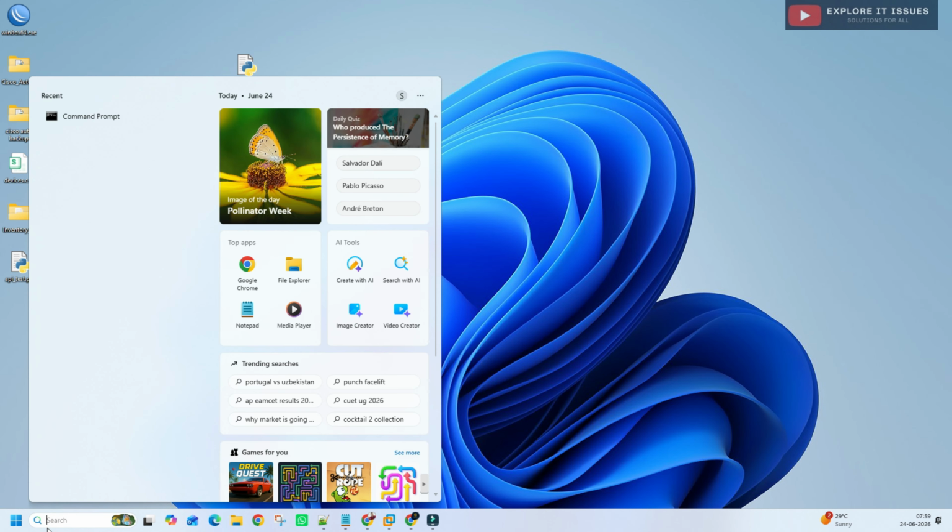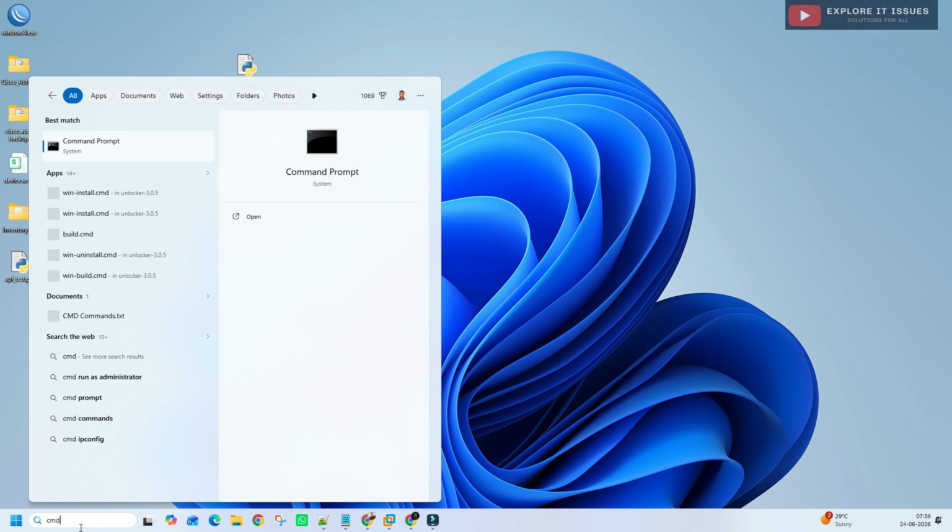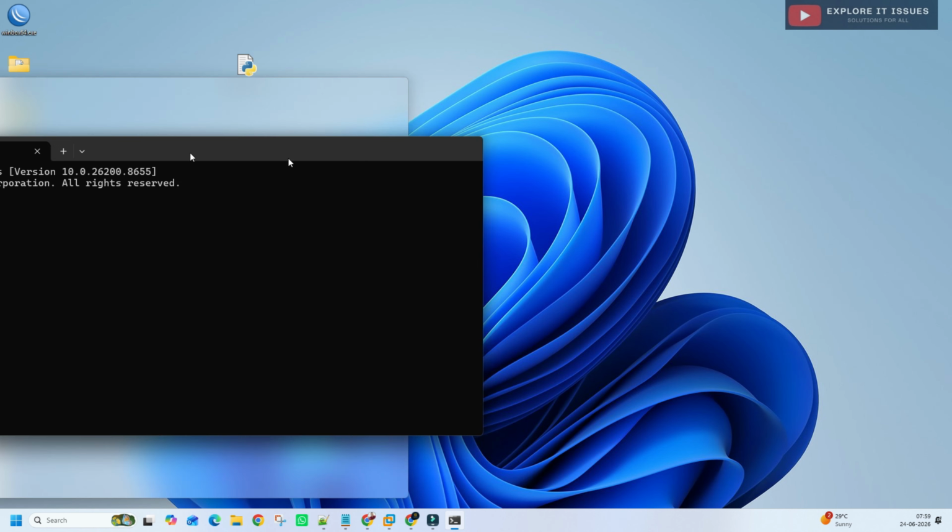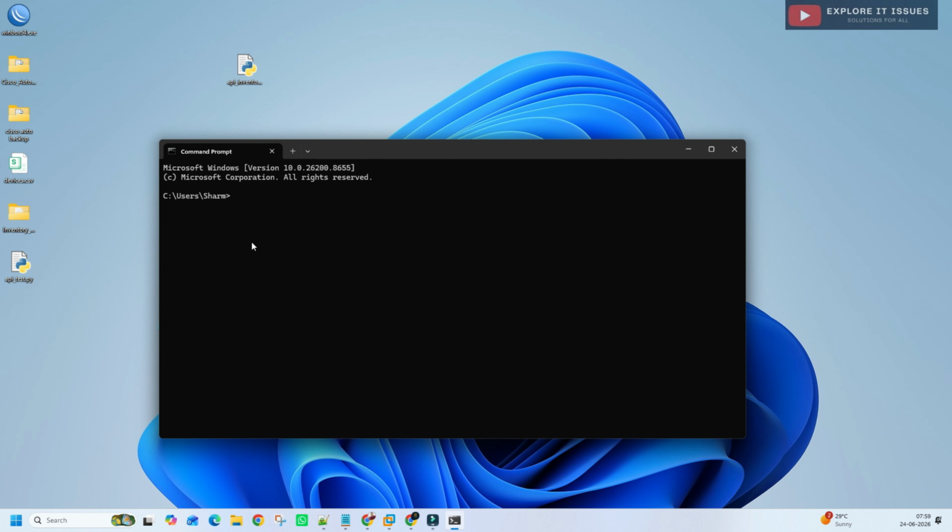Now go to the CMD again. First we need to go to the desktop directory with cd desktop, because this file is saved on the desktop. Now we can run the file: python api_inventory.py.